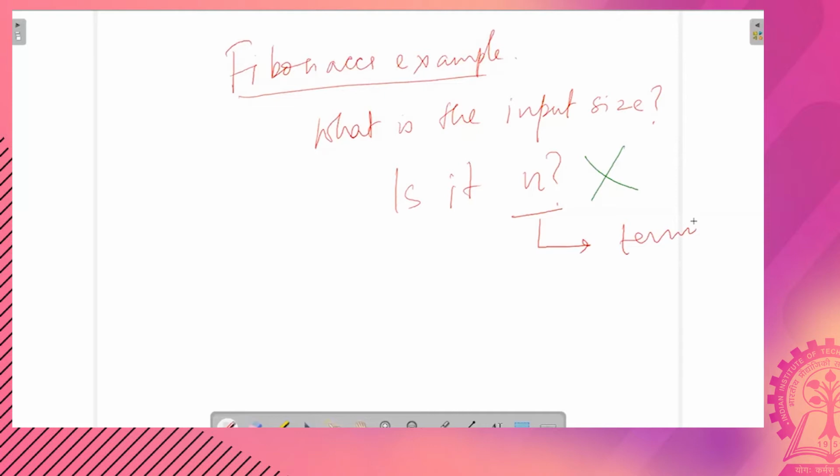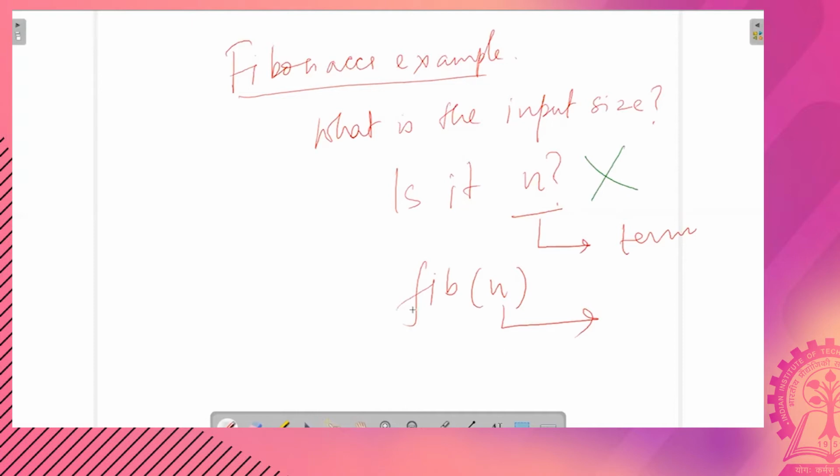When you say fib n, here n does not refer to the size of any array or something like that. n is an individual element, a specific term, and you want to compute that term in the Fibonacci sequence. So therefore n is not the input size in this case.